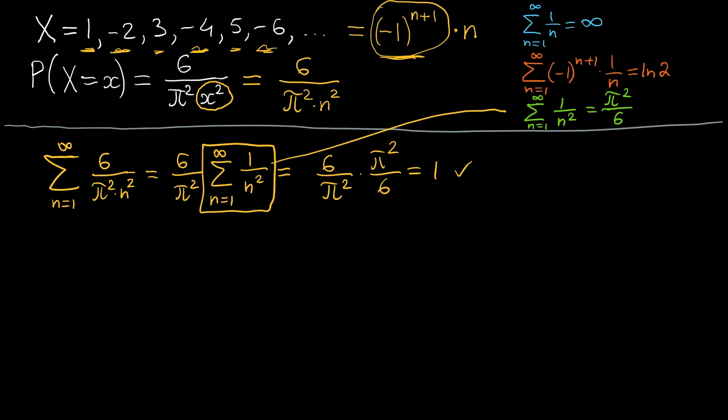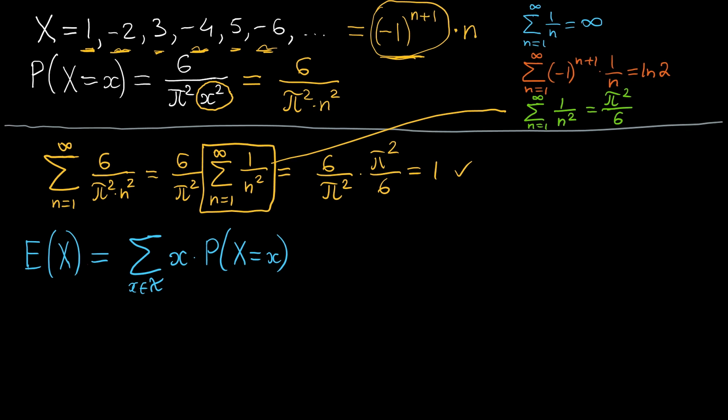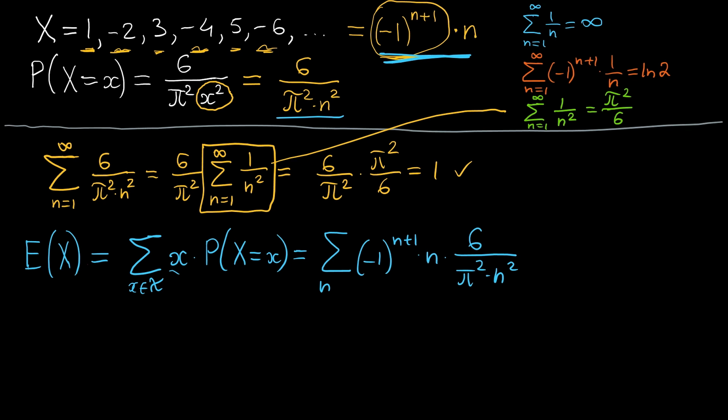What is the expected value of this random variable? Well, as always, it's the sum of the values it takes on times the PMF evaluated at those values, as x goes over its support. Okay, but now let's express them in terms of n, and the PMF in terms of n is 6 over pi squared times n squared, as n goes from